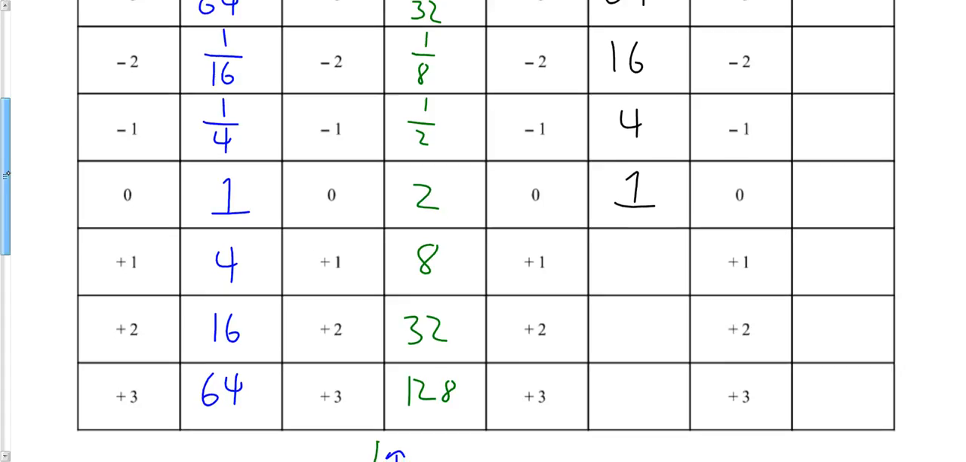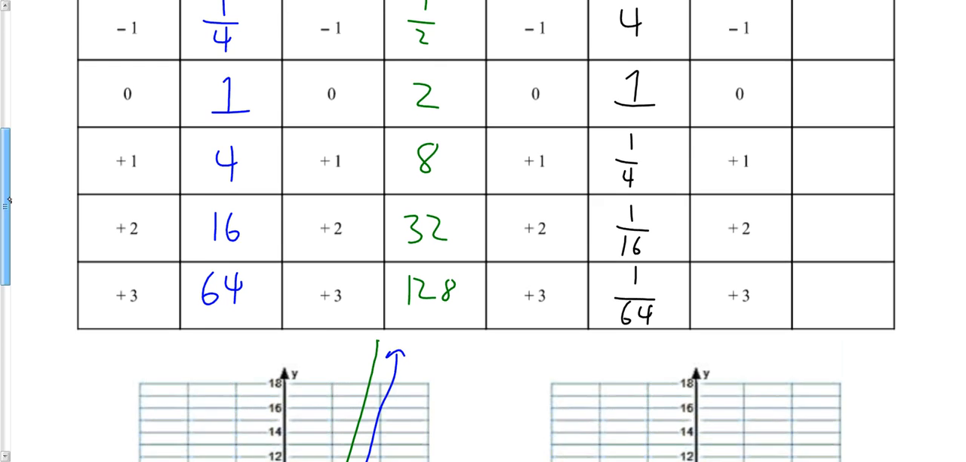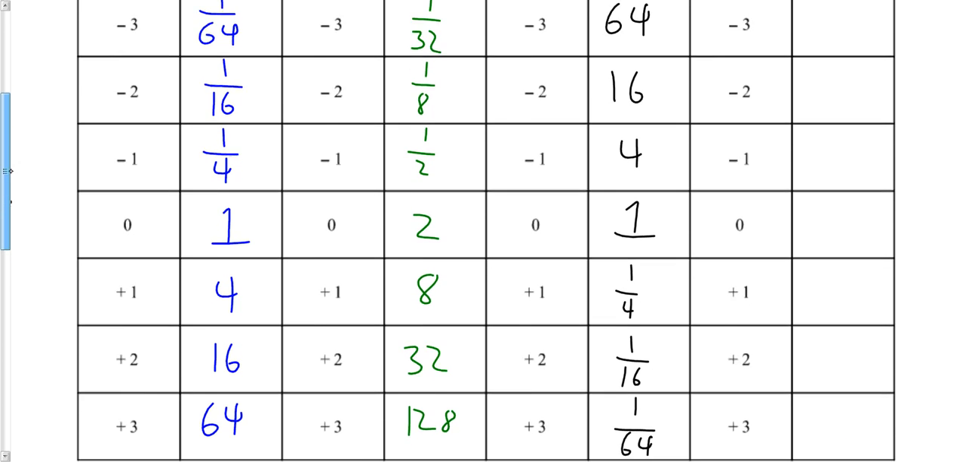And then, interestingly enough, as I go into positive numbers, 1/4 raised to the exponent 1 gives me 1/4. 1/4 raised to the exponent 2 gives me 1 over 16. And 1/4 raised to the exponent 3 gives me 1 over 64. So I have the same numbers, but they're now suddenly in reverse order. They've been flipped. And so what this means is that if I were to graph this,